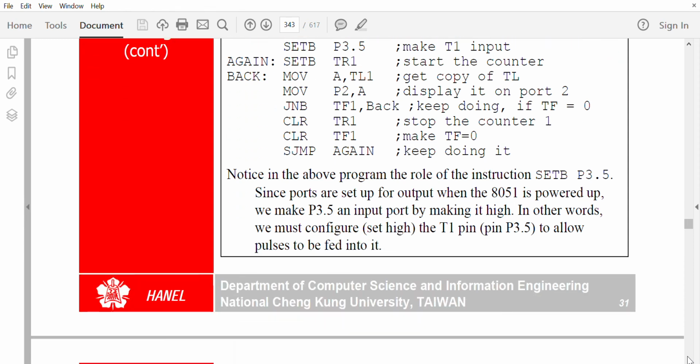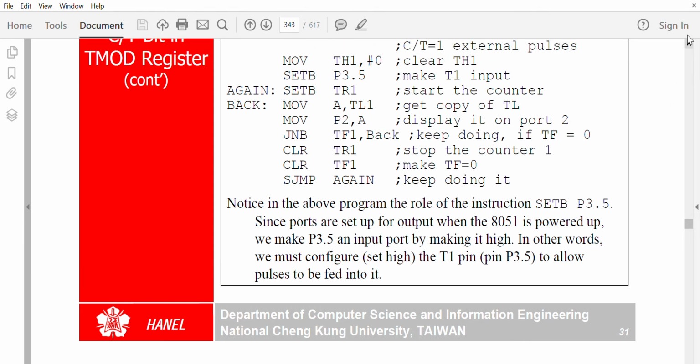So the basic, everything is the same. Mode 1, mode 2 programming is the same. The programming side is the same in the case of timer and counter. Only difference is from where you get the input. Where you get the input means what? Where you get the clock pulse from. So the clock pulse is either the internal clock pulse of the crystal oscillator or an external clock pulse which you apply to 14 or 15th pin depending on the timer you're using, which is timer 0 or timer 1.